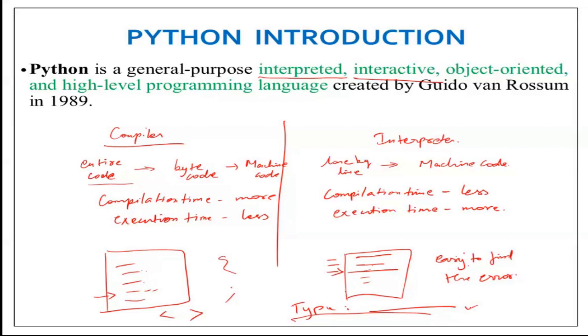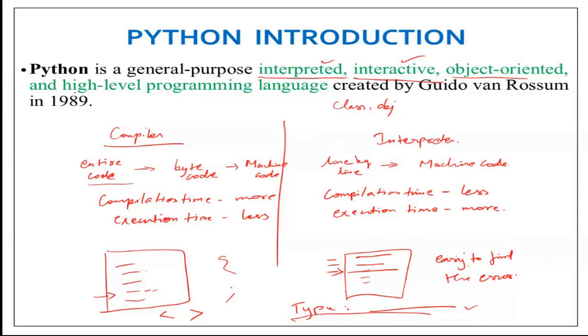So that is one feature of the interpreter: interactive, line by line execution. And then object oriented. The OOPS concept comes after C; from C++ we see the OOPS concept. Object oriented programming helps us involve classes and objects. Real time objects can be involved in our program for finding solutions. So that is the object oriented concept.